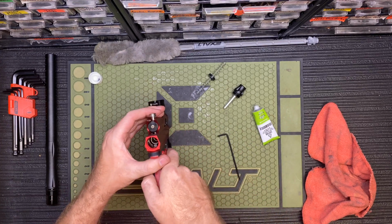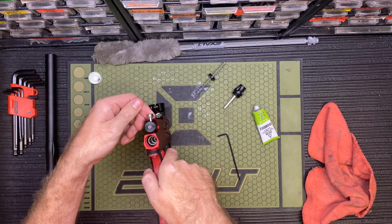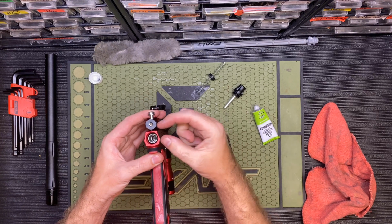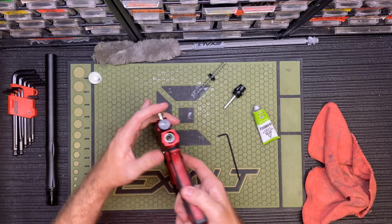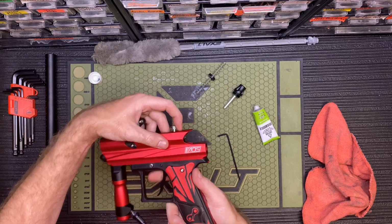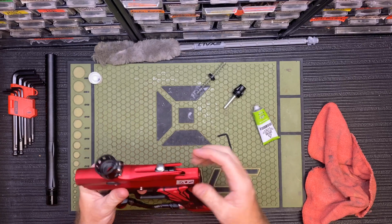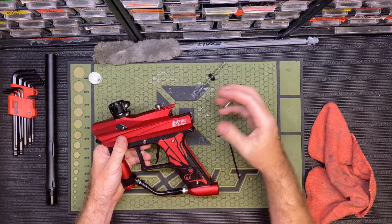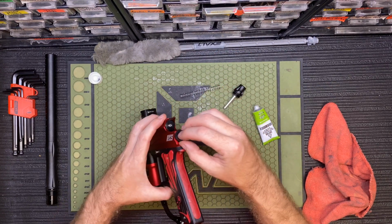And the way to make sure you have this put together correctly is you want to lift up on the bolt pin, like slide it towards the back of the gun, like this. You want to make sure that both pieces move together, as you can see. So in order to get it to go forward again, you're going to have to pull the trigger each time. So I've got everything moving correctly. And you always want this in the forward position when you're working on the gun, otherwise everything will be more difficult to put in. So next you're going to want the bumper,